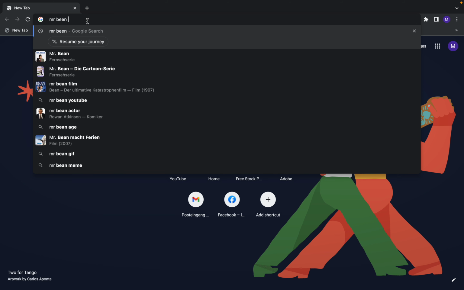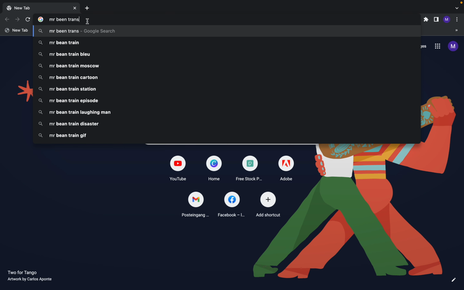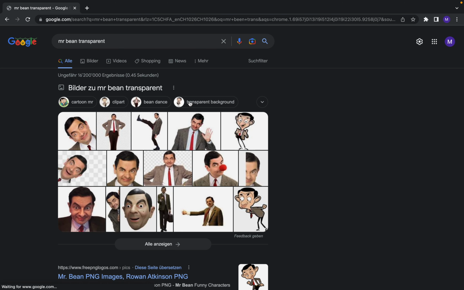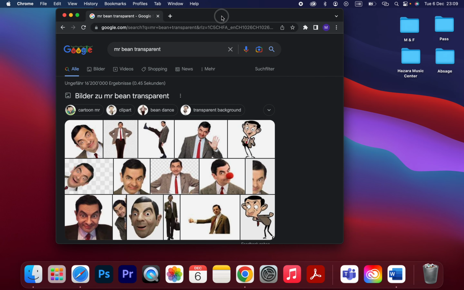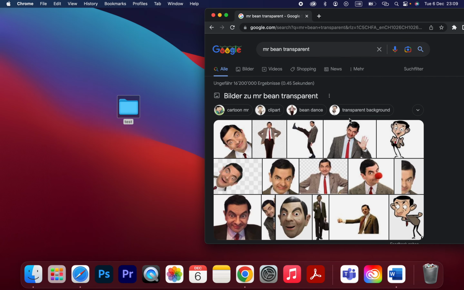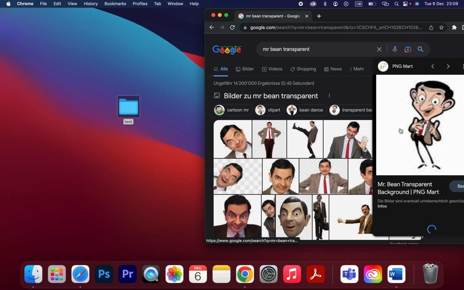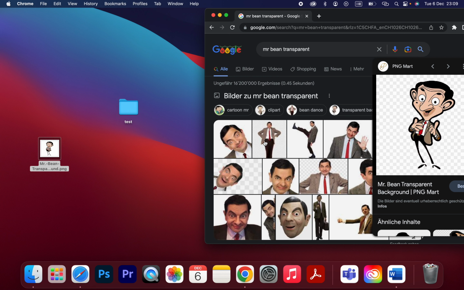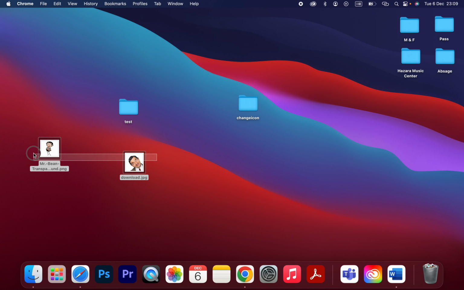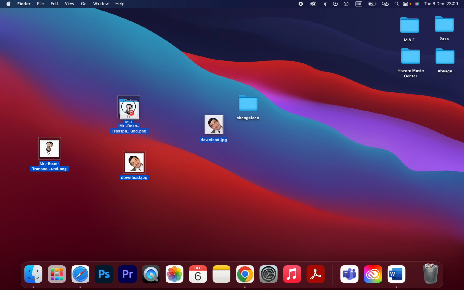Photos, and the icon should be transparent, and I'm going to download some of Mr. Bean photos as you can see here, and this one I'm going to download, and this one. Okay, once you download the image,